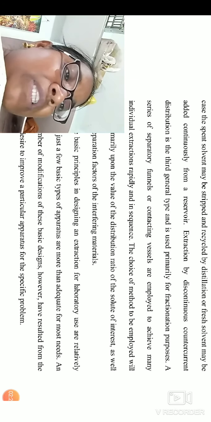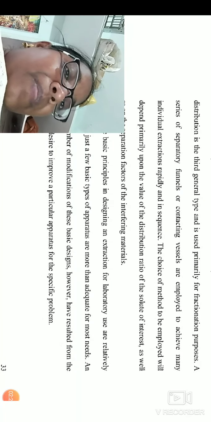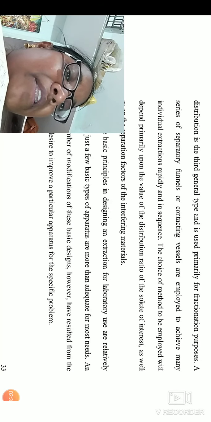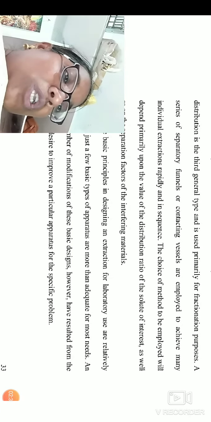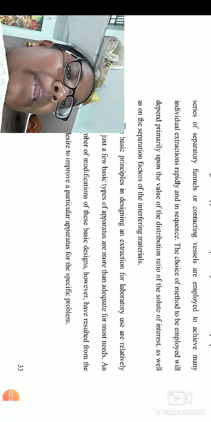The choice of method to be employed will depend primarily upon the value of the distribution ratio of the solute of interest, as well as on the separation factors